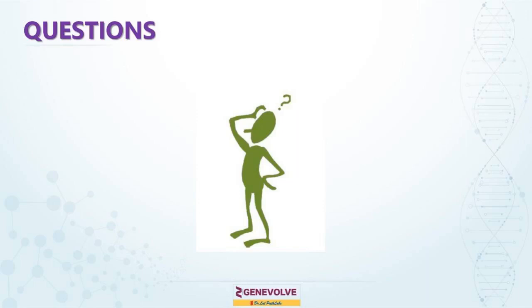So Ion Torrent uses a non-optical method for base calling. How advantageous is this for homopolymer errors that we see? So homopolymer region is a region which definitely is a concern for NGS, and as bioinformatics has improved, this concern has really been going down. And if we see something which is covered in a homopolymer region and could be pathogenic or likely pathogenic, definitely Sanger is the way out. And the current guidelines say that you need to do a Sanger sequencing if you see something in a homopolymer region. So that is what we are doing currently in the lab.